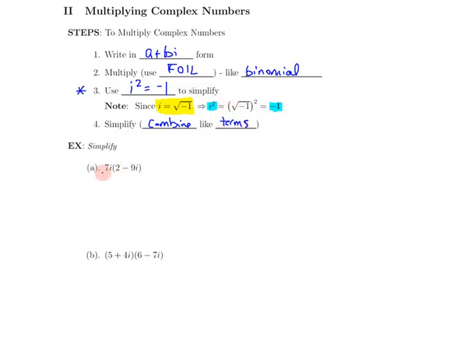Okay, so look at this. We got 7i times 2 minus i. Those are two complex numbers. I'm just going to distribute. I'll do this in red. We're going to distribute. That's all FOIL is. That's all multiplying binomials is. And you end up with